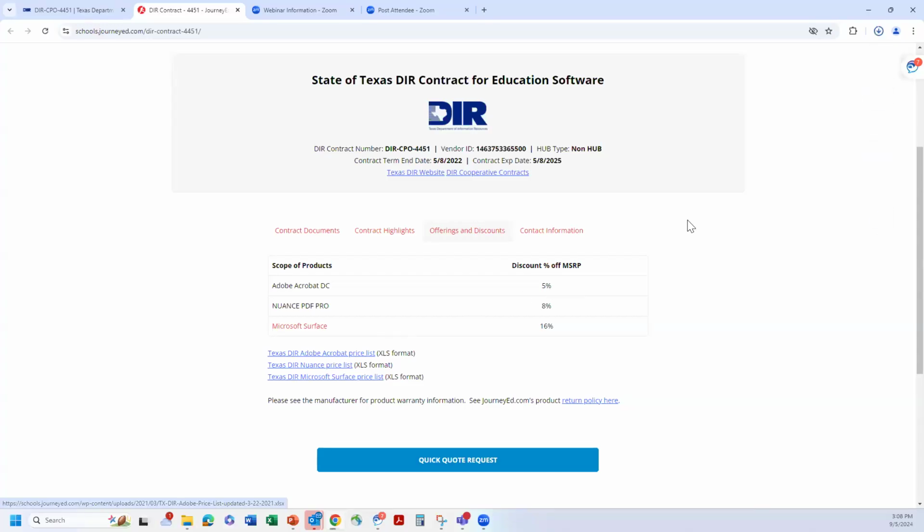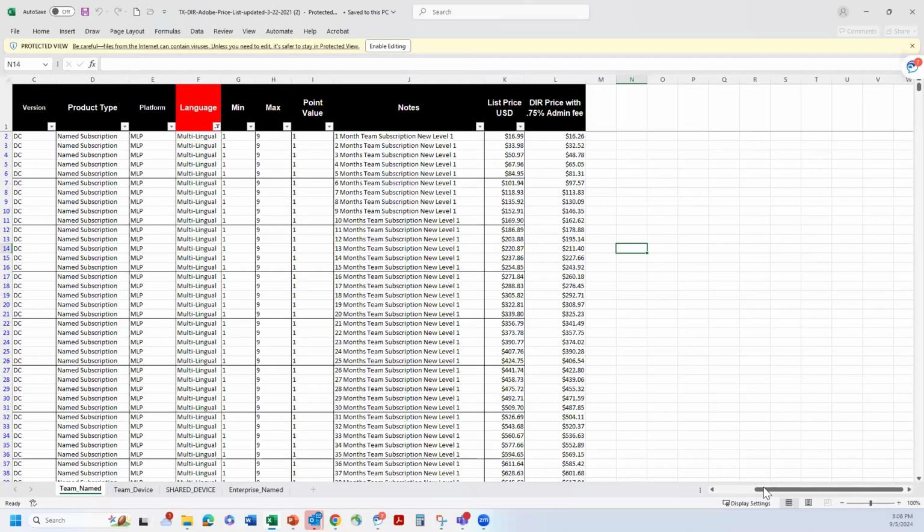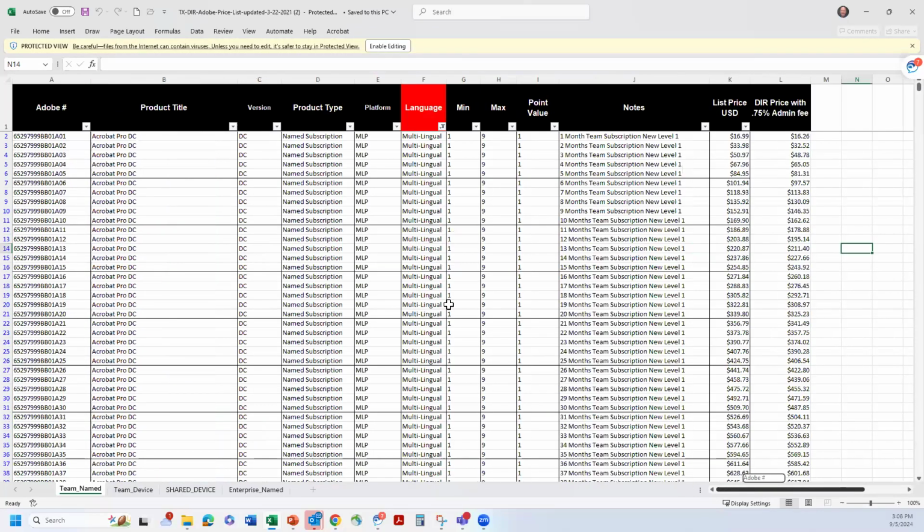So I'm going to click on that link. I'm going to open up their price sheet. And voila, here is their Adobe price list of all the Adobe products that they offer. You can see product information, notes about it. Here's their list price, and here is their DIR price with the discount and the admin fee included.